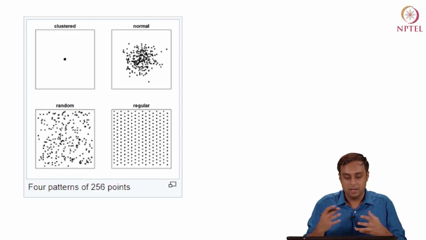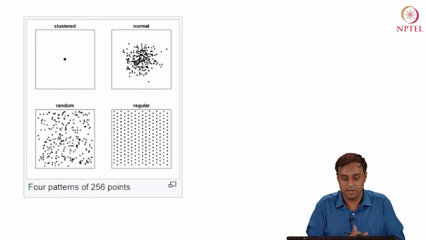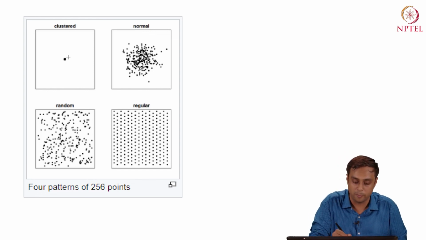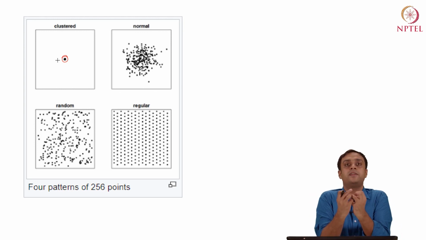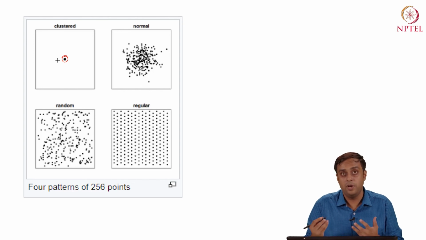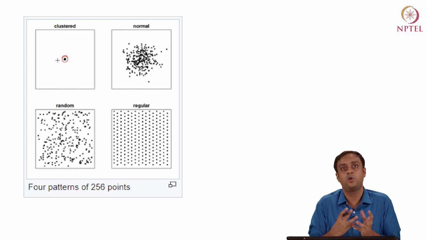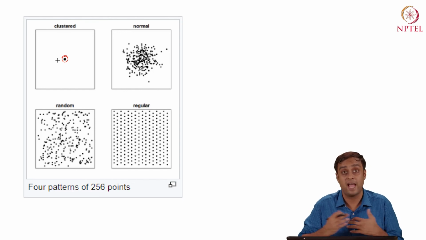So, you have points scattered in space which you can model as different distributions. First is clustering. The first box there is a highly clustered spatial data set. You have a point pattern where all the points are clustered at one location. The second is normal. What it means is the points have come together in space in a way that they resemble a normal distribution no matter what axis they are looked at along.